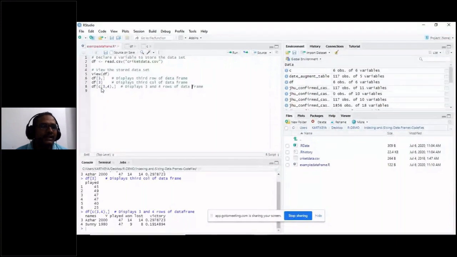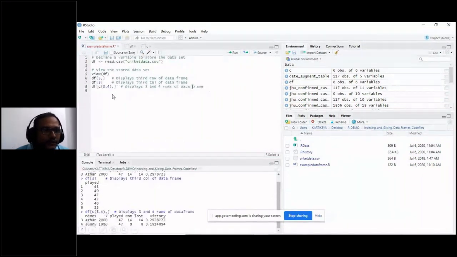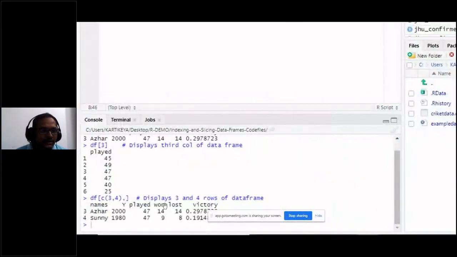So C 3 comma 4, and again we put a comma here indicating that we want to display rows, not columns. You can see in the console, I am zooming in so that you can see the result. So this is df C 3 comma 4, and it will display the third row and fourth row.